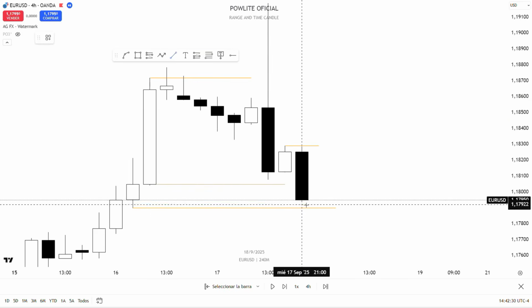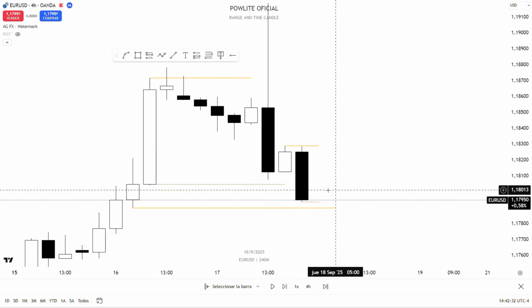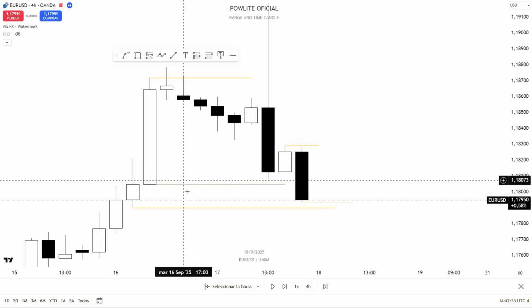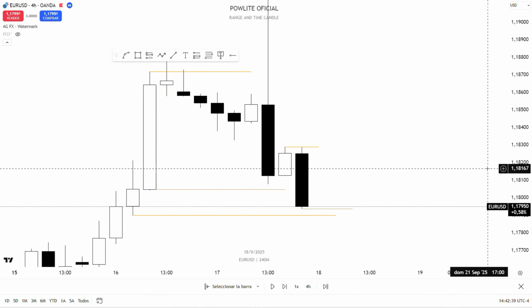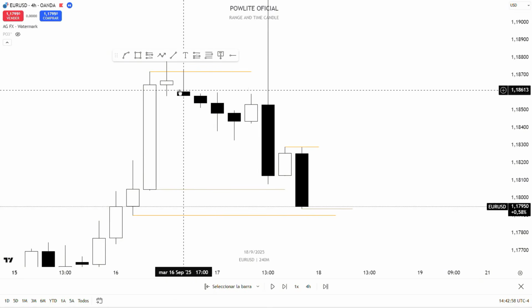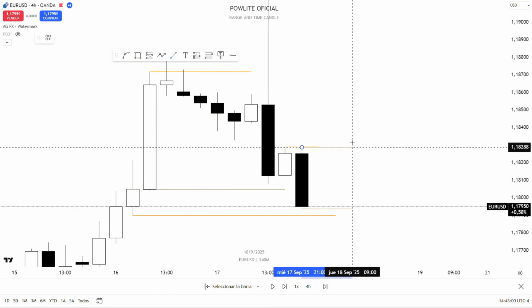You already know, those who follow the time-based strategy, that when price fulfills objectives, it tends to reverse. With my negotiation ranges, I have everything very clear. I know when price might reverse and when to use this concept. Alright, so here I can buy below this H4 candle toward the H4 high, which would be this one.